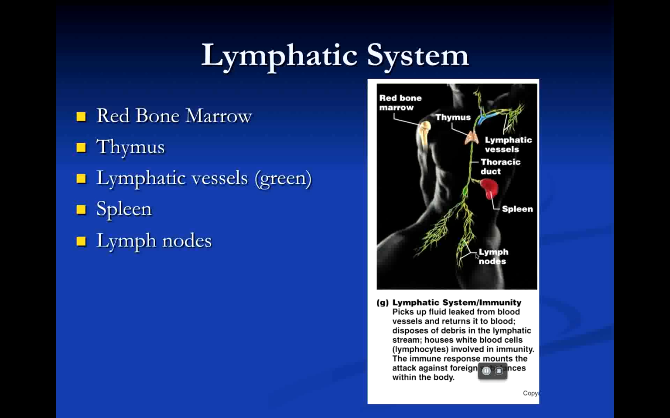The lymphatic system is your body's defense. It's the system that affords you protection from all of the foreign invaders, all of the bacteria and viruses that try to come into your body every day. It consists of the red bone marrow, which produces cells, the thymus, which is glandular tissue that lies over the heart,